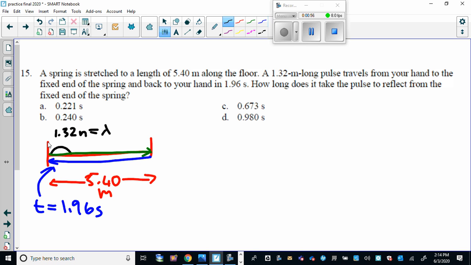So you have to ask yourself, what is this question asking? So here's the pulse, it travels this way, it gets to the end of the spring here, and then it reflects or it inverts, and then travels back along the spring upside down. The question is asking, how long does it take to do this? In other words, what is the period of the wave? And to find the period of the wave,